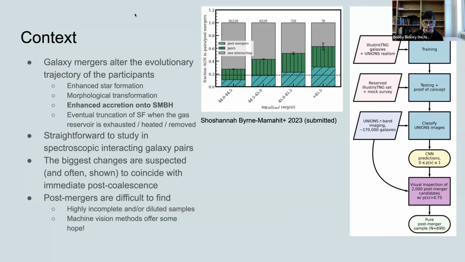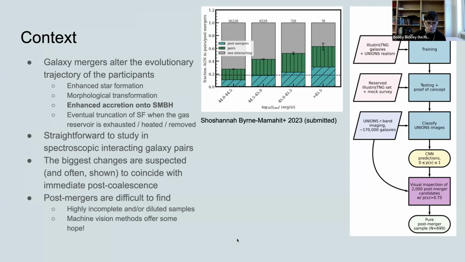And this happens in myriad different ways, almost simultaneously, although the timescales of the different effects are certainly a little bit different. So we see in merging galaxies and coalesced galaxies, enhanced star formation. We see obviously morphological transformation of these galaxies, both in the starlight and in the distributions of gas in these galaxies. As a result of that redistribution of material, we see an enhanced accretion frequently onto the supermassive black holes in the participant galaxies in the case of galaxy pairs, or into the new mutual nucleus in a post-coalescence system.